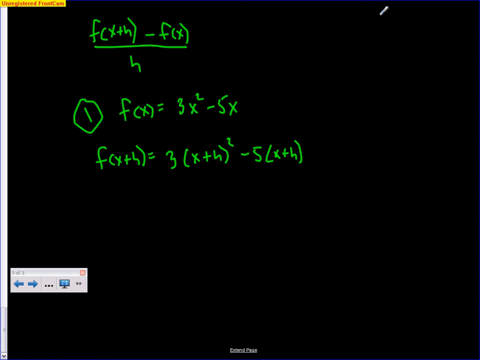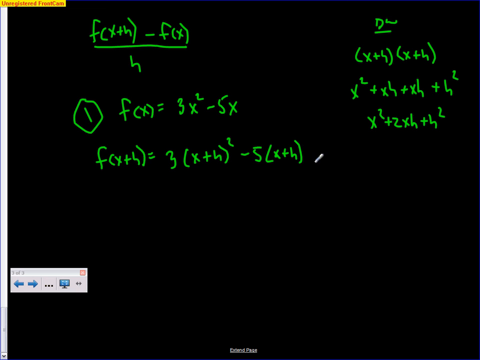So I got to do a little bit of dirty work real quick. I just got to figure out what is x plus h squared, which is x plus h times x plus h. Please don't just say x squared plus h squared, because you actually get x squared, you get an xh on the outside, you get an xh on the inside, and then you get an h squared. And the xh and xh make a 2xh plus h squared. All right, so I get 3 times, I just figured out that that is x squared plus 2xh plus h squared,